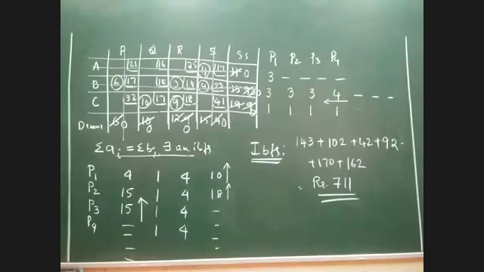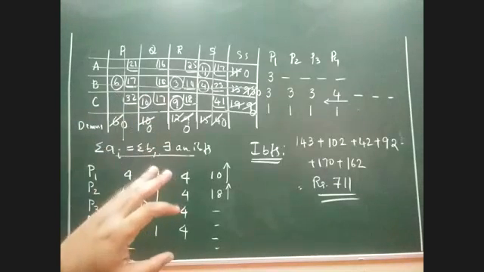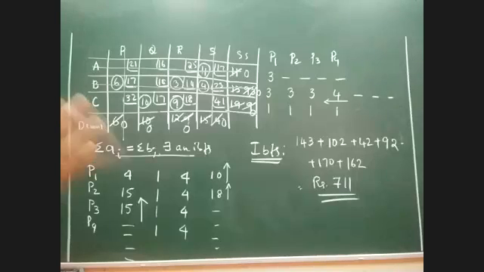So case 1 is just the verification of whether the 711 rupees is optimal or not. If it is optimal, there the problem ends. Suppose it is not optimal, then the problem continues to case 2. In case 2, we will find a new solution and that new solution will become the optimal solution. So these are the overall levels or steps that we are going to follow as far as the optimal solution or